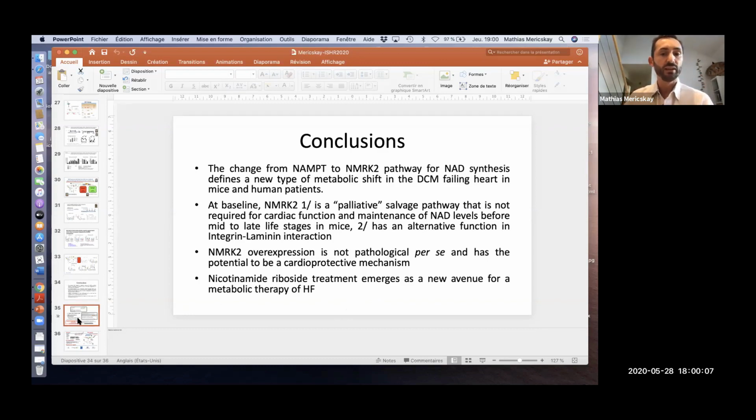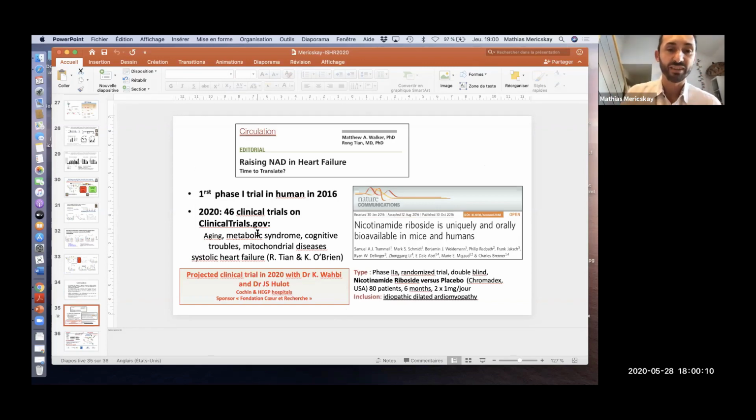I will finish by reminding that Rong, at the time we had this paper out, wrote an editorial and asked a question of whether rising NAD in heart failure, was it time to translate? And I think now in 2020, we have the response to that since the first phase 1 trial published in 2016 by Charles Brenner. There has been a number of studies which show that NR is safe to use in humans. It's efficient to raise NAD levels in the blood, and that was actually shown also by Rong Chan in a publication. And over 46 clinical trials have been started over this period of time in